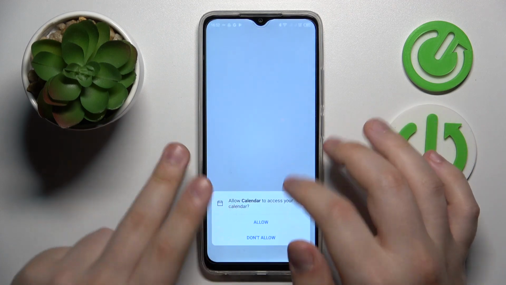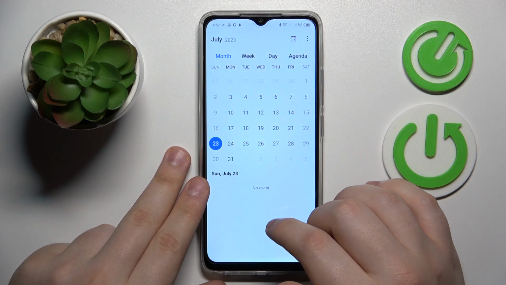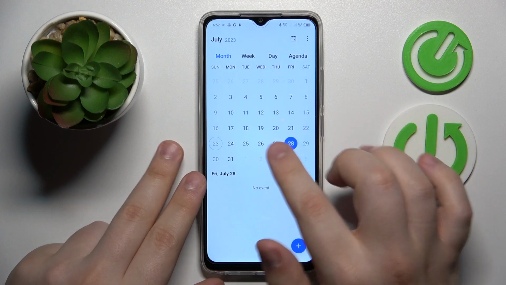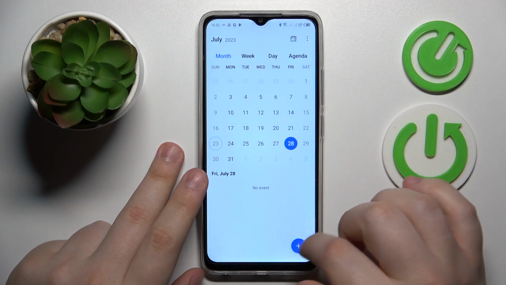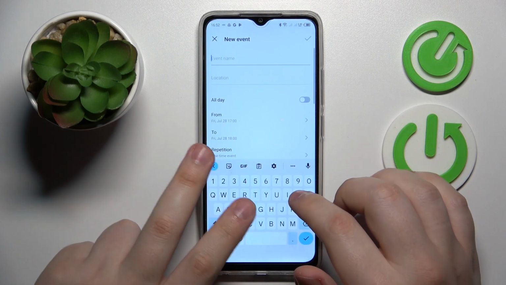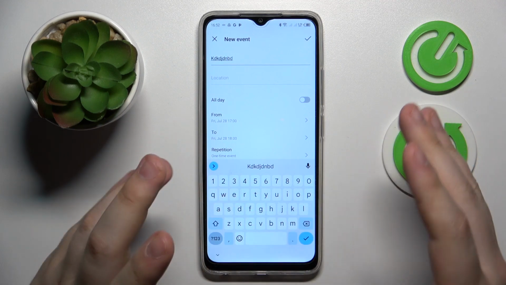Here it is. Then grant it with all the necessary permissions. Onwards, enter or select the date you would like to set your event on. Hit this plus icon at the bottom right corner of your display, and then fill out all the event details